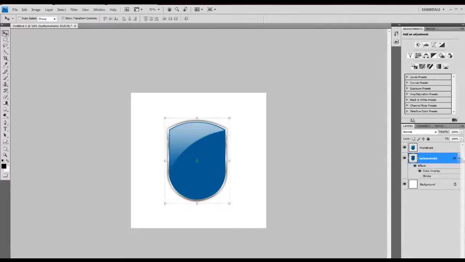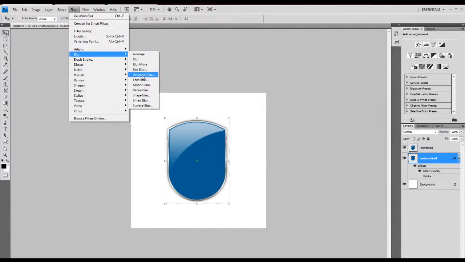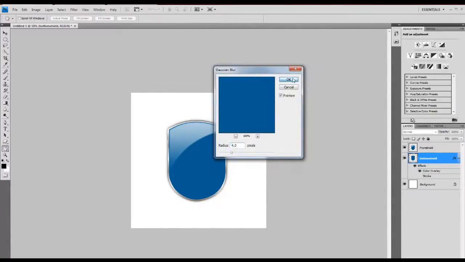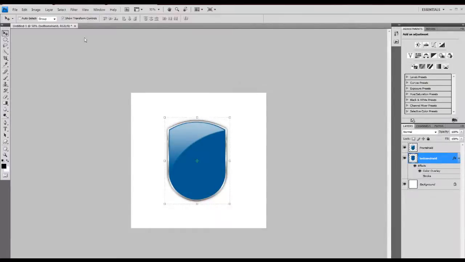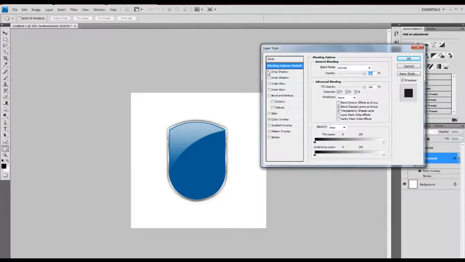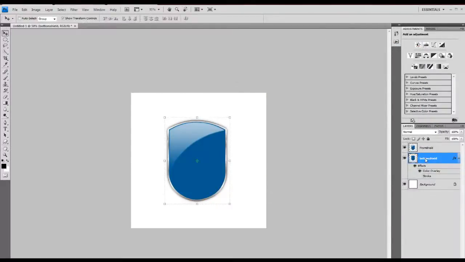made by using Filter, Blur, Gaussian Blur around 4 pixels, and then I think over 8 pixels, not 4 pixels, and then just click OK and give it a color overlay in a dotty color, and then you'll have this effect. I like it more than if you double click here and just choose the regular shadow effect. I don't like that. It gets too dominant, I think, and in this way it's very nice. So this is my basic logo, and